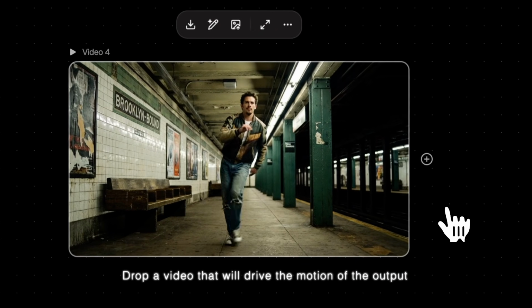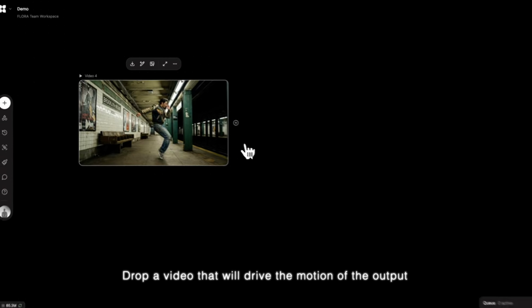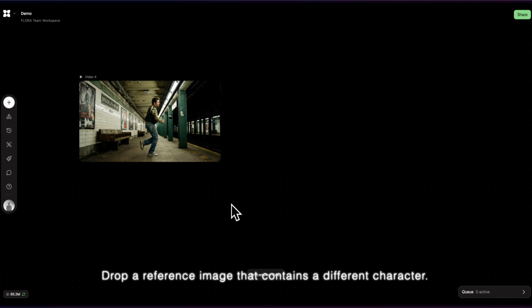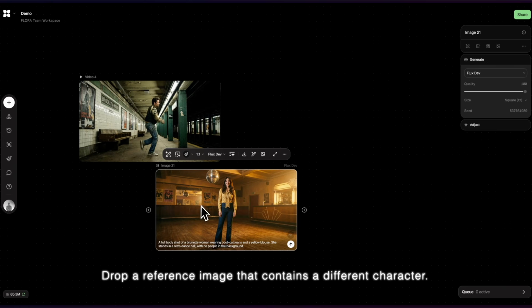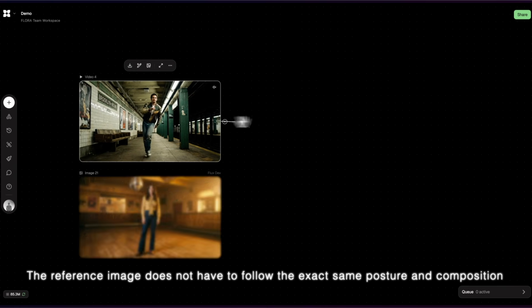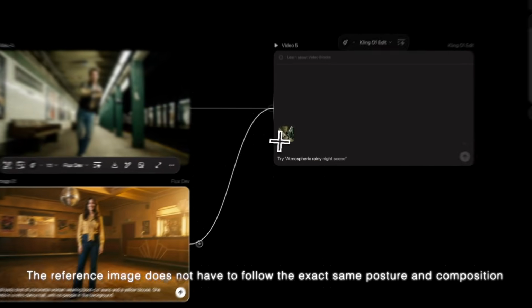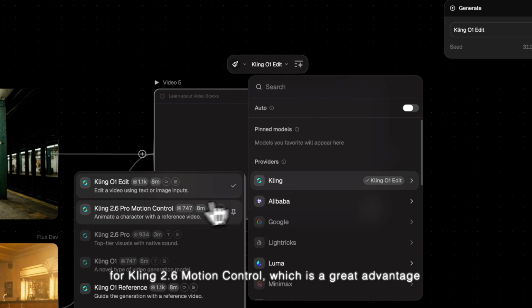Drop a video that will drive the motion of the output. Drop a reference image that contains a different character. The reference image does not have to follow the same exact posture and composition for Kling 2.6 motion control, which